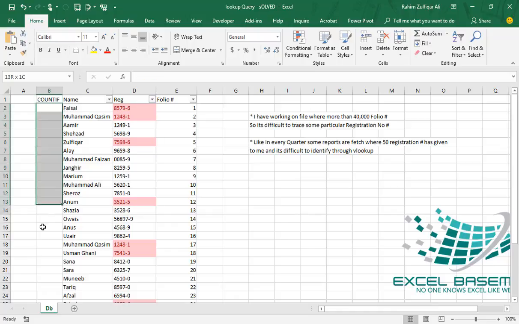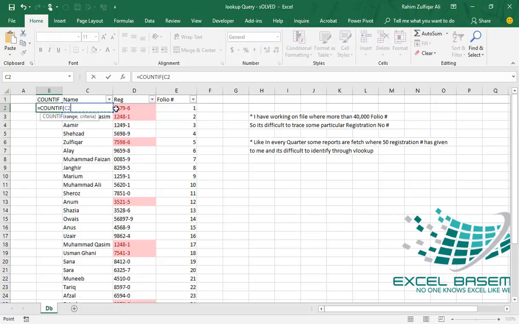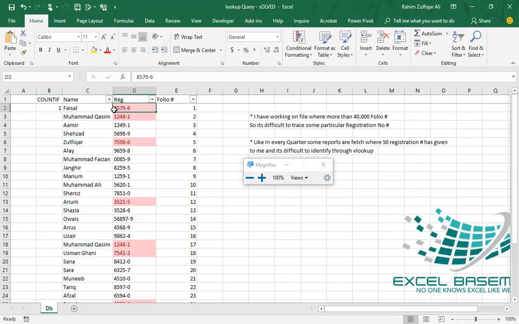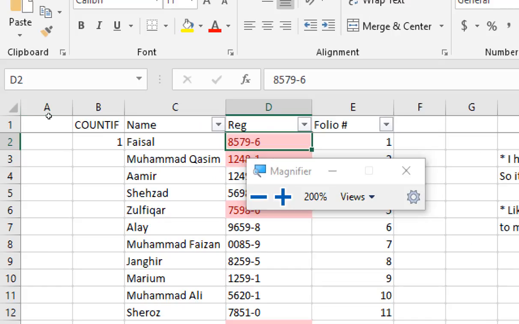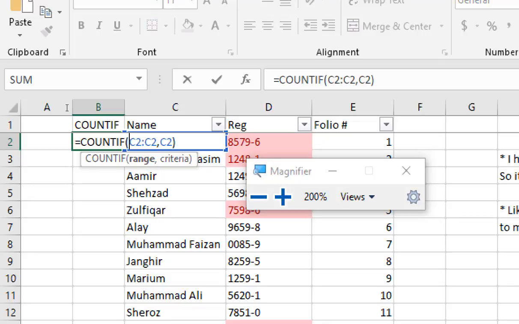Because I am using the COUNTIF function in this column, I am giving the title COUNTIF here, and let me just explain what it will do for us. So here I have put the function called COUNTIF, and as this COUNTIF goes downwards vertically, it returns a number in a cell.